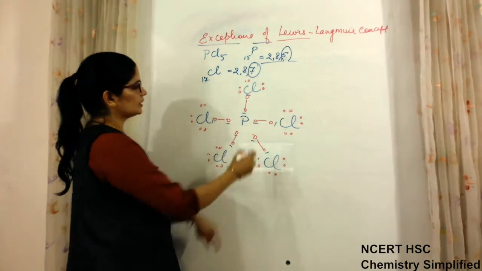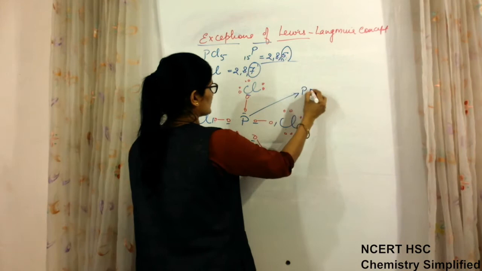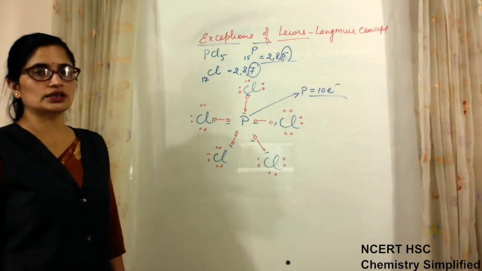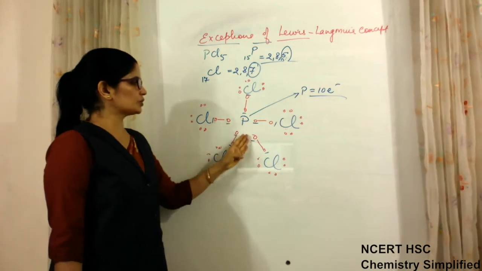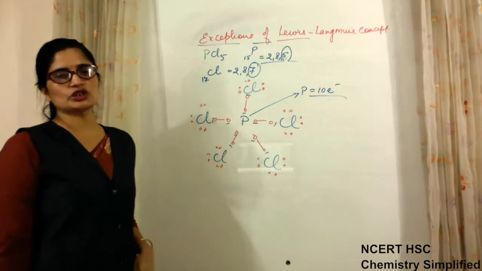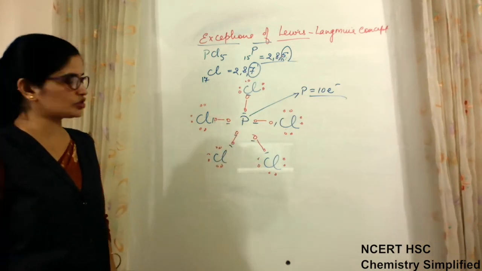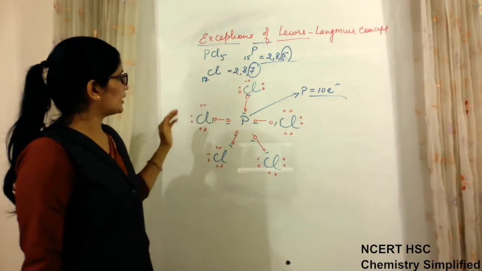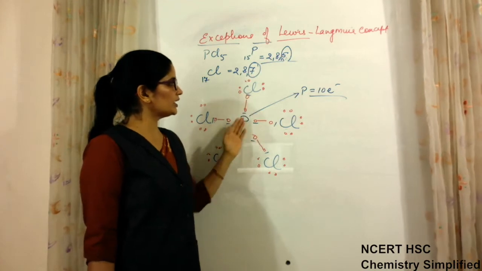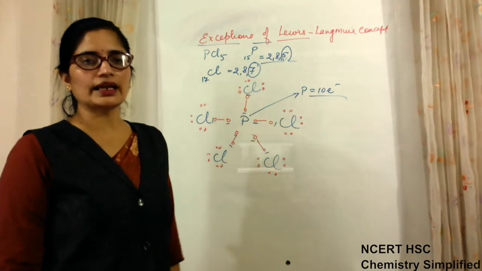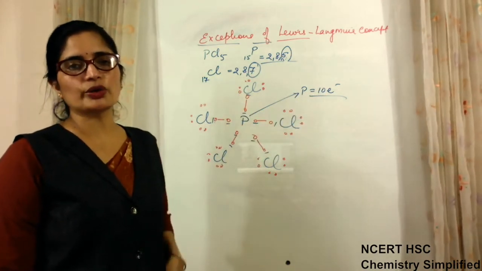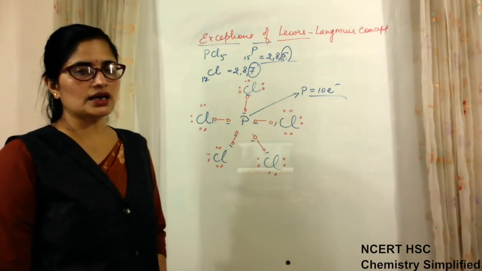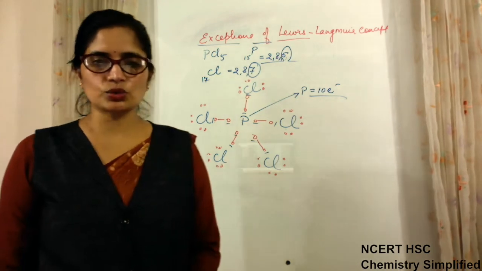That means the phosphorus has 10 electrons located on it, bonded to 10 electrons: 5 of its own and 5, one from each chlorine, shared with the chlorine atoms. So the central atom has an expanded octet, okay, with 10 electrons instead of 8, but still this molecule is a stable molecule. So these are exceptions to the octet rule.